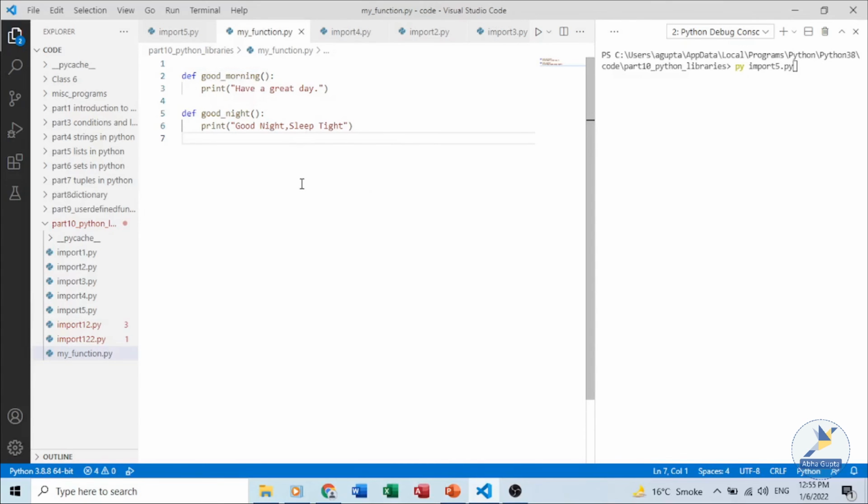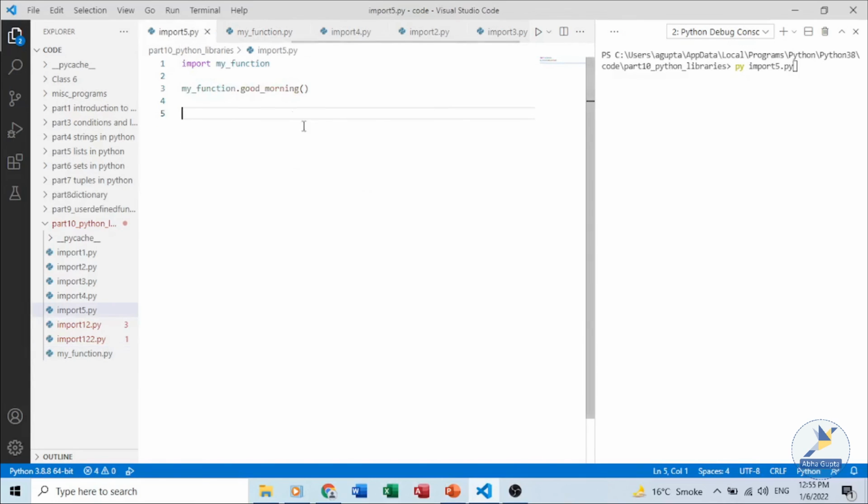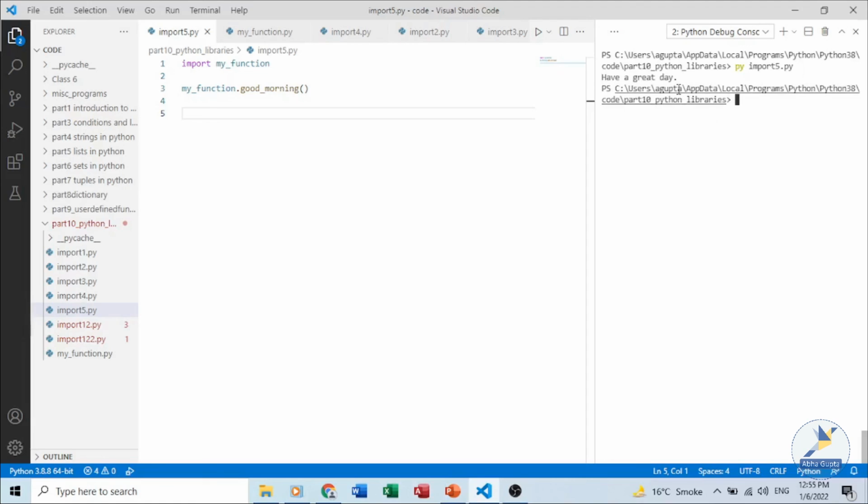We have two functions, good morning and good night. So when I import this module, my function, in my program, those two functions will be available, and I can use the dot notation and access the function like I have done over here. My function dot good morning. Executing this program will print the statement which is present in the my function module.